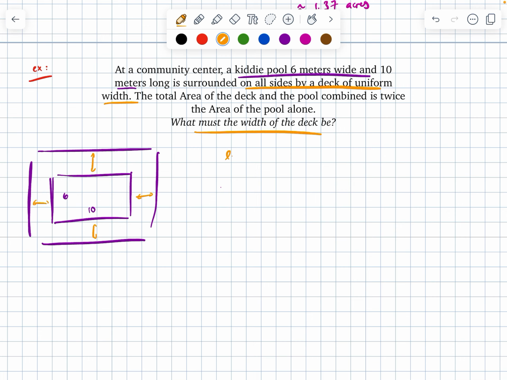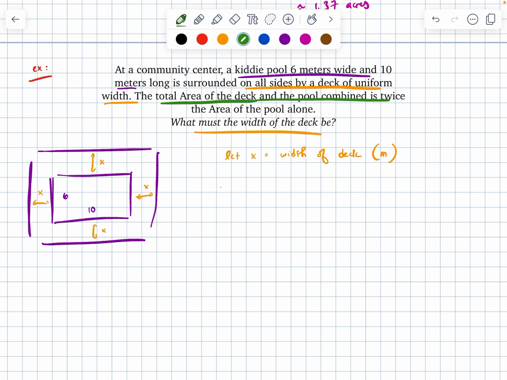Now, I don't know what that distance is, right? That's what I'm trying to find, which tells me here that this length, which I'll call x, but you can call whatever you want, is going to be that width of my deck. If I'm thinking long term, notice that I'm in meters up above, so I might tack on that unit of meters at the back. So I'm going x here, across, across, across, across, to build out the total footprint of